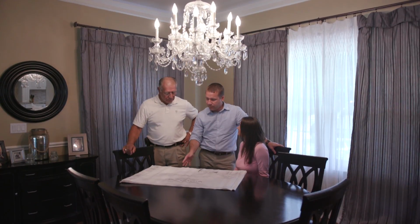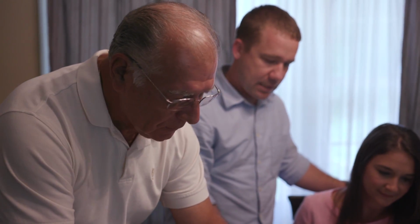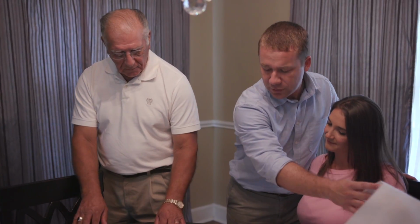a natural choice for Larry and Beth to bring their home of Southern charm back to life. The contractor was great. He showed up, he knew what he was doing, and I could easily see the progress every day transform this house into what we wanted it to be. So it was fantastic. Contractor Connection not only helped Larry and Beth in choosing the right contractor, but we were able to provide assistance in providing full project oversight to job completion and provide quality work backed by a 3-year